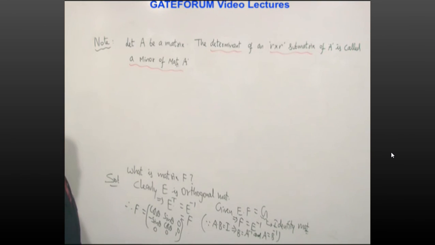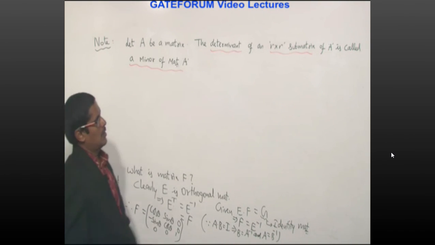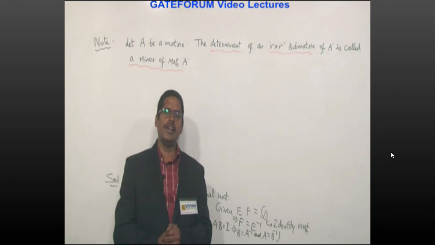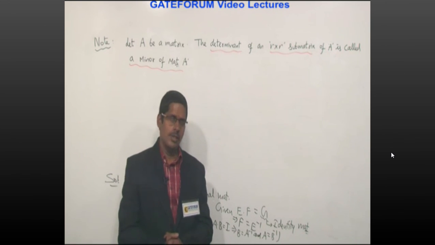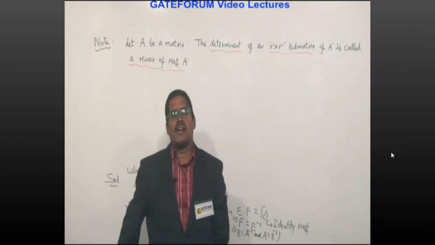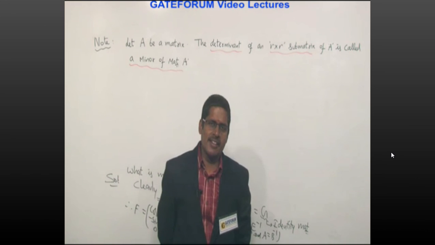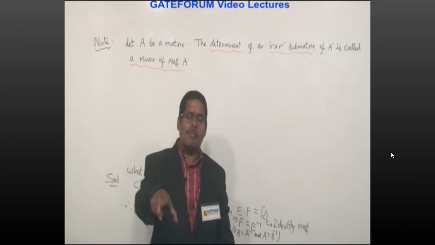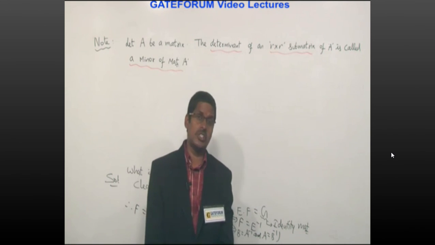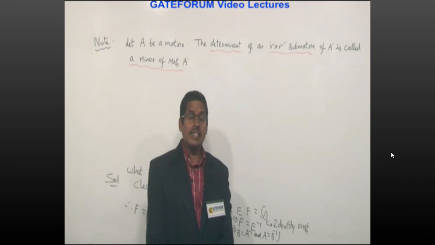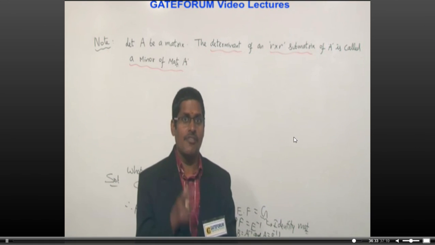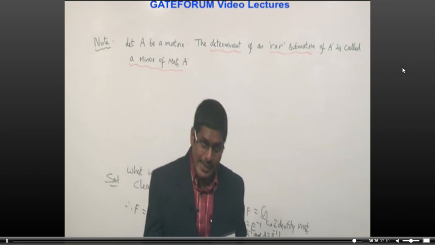See, A is any matrix, either square or rectangular. You know how to find a submatrix, deleting rows or columns or both. But here R cross R submatrix means either a 1 cross 1 submatrix or 2 cross 2 submatrix or 3 cross 3 submatrix, etc. in a given matrix A. That means square submatrix. In a given matrix A, there are so many square submatrices. The determinant of each square submatrix is called a minor of a matrix. So a matrix has so many minors depending on